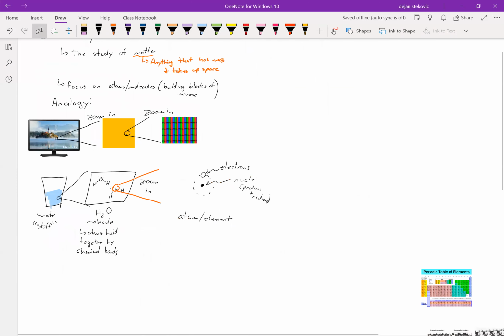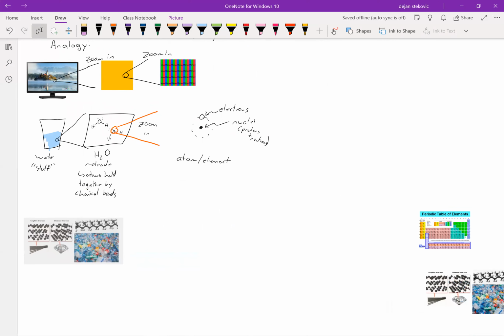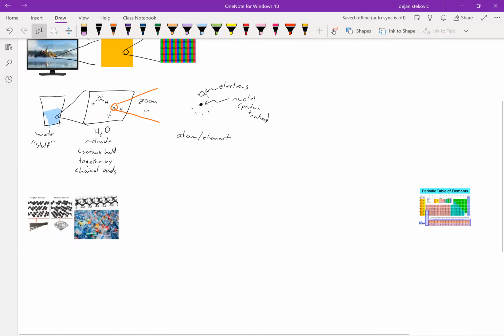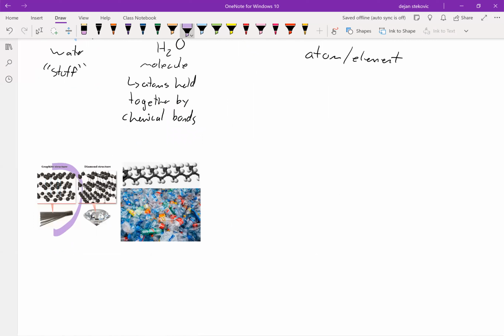And so why would we bother with this? Why do we care about this? Well, if we think about what matter is, all matter is going to be made out of these atoms and these elements. So for example, here's a pen or a pencil. Graphite made out of carbon atoms. That's actually the same exact thing that diamond is made out of, right? So diamond and graphite both totally made out of carbon, but the way that they are interacting and bonding with one another give completely different macroscopic properties.